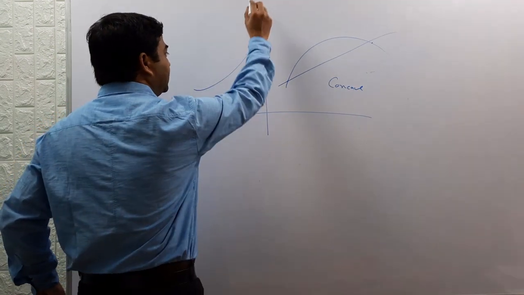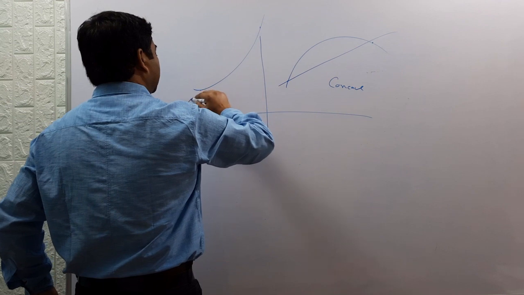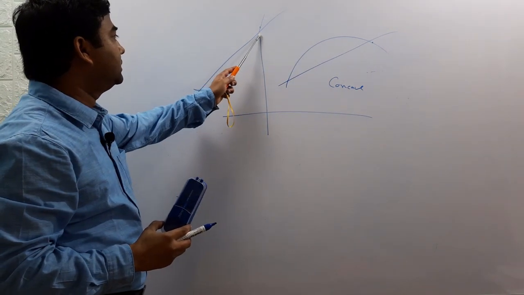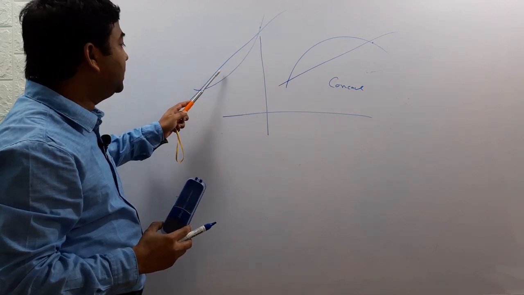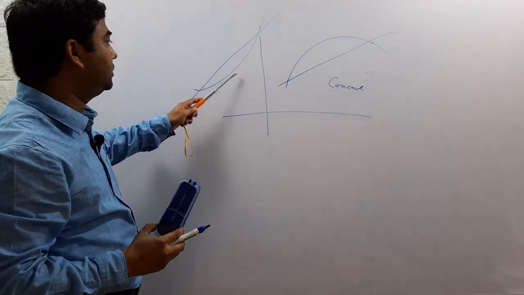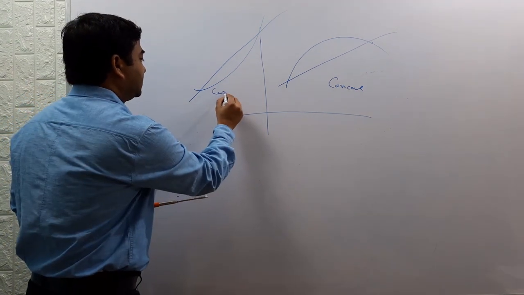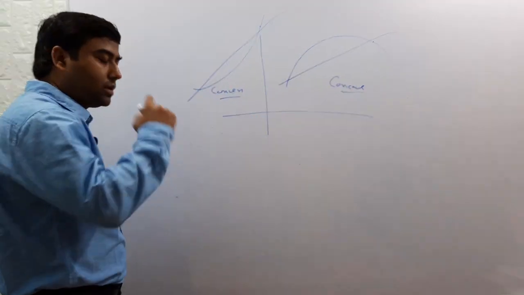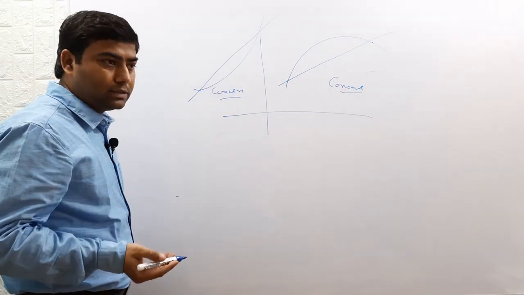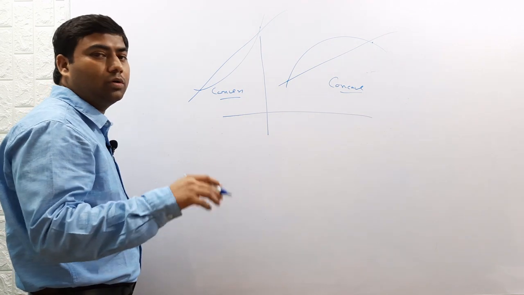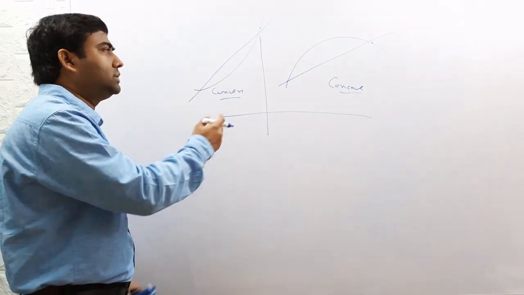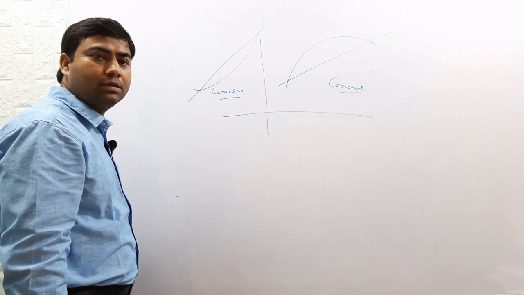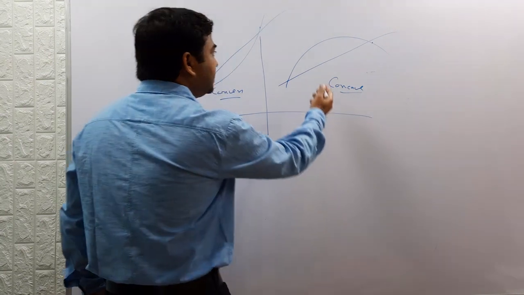Similarly, another function is there. Just join the 2 points. If the curve falls below this secant, below the line, then it is called a convex function. Convex function, concave function. How to find whether a function is concave or convex? You can just find it by the maxima and minima concept. So you just find its second derivative.